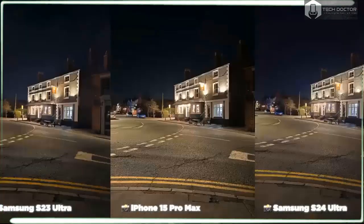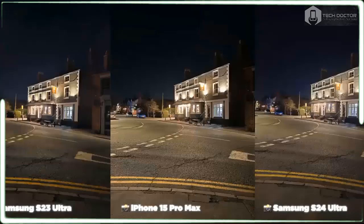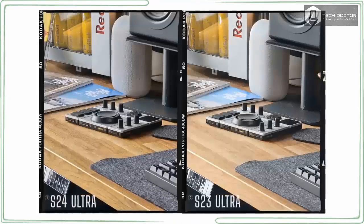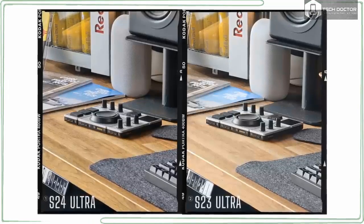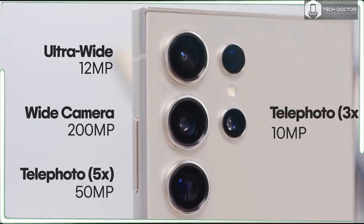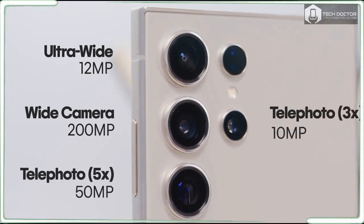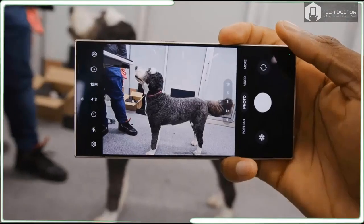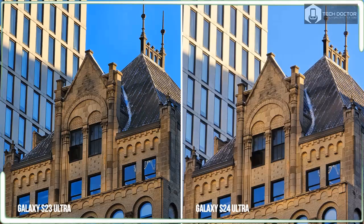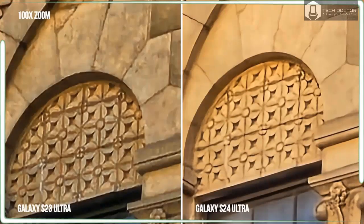Let's start with the Galaxy S24 Ultra's 5x zoom lens. Samsung has not taken a step backwards, more a step sideways. The Galaxy S24 Ultra still has the best zoom camera you can find on a smartphone. It's better than the Galaxy S23 Ultra's 10x zoom, and it's much better than the 5x zoom you will find